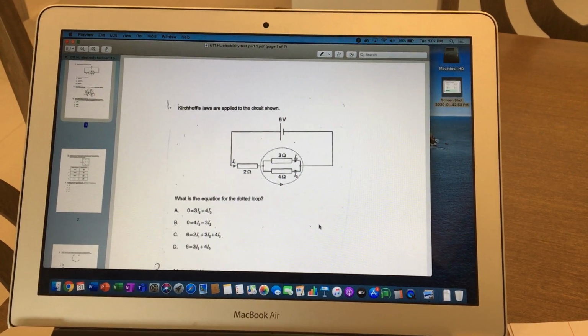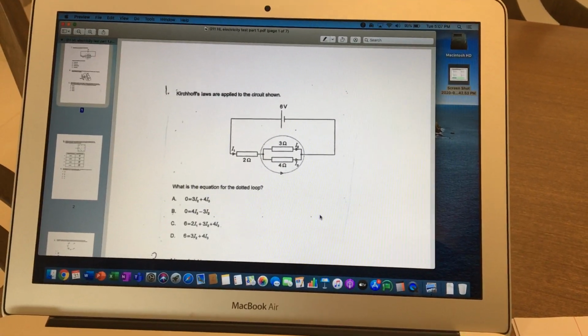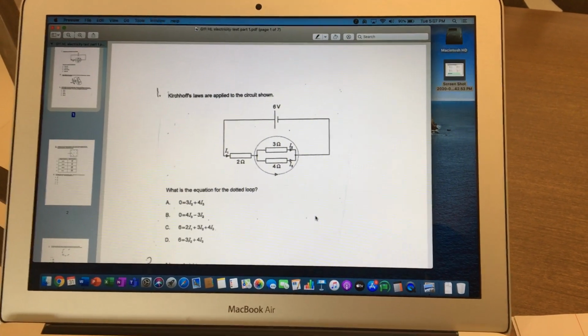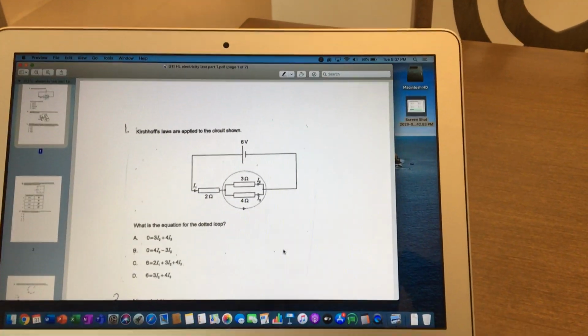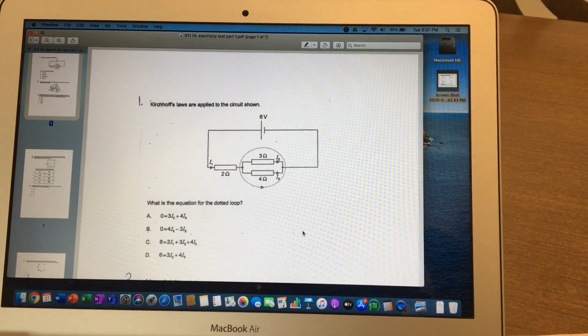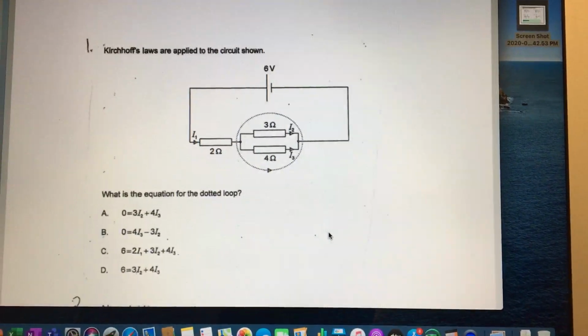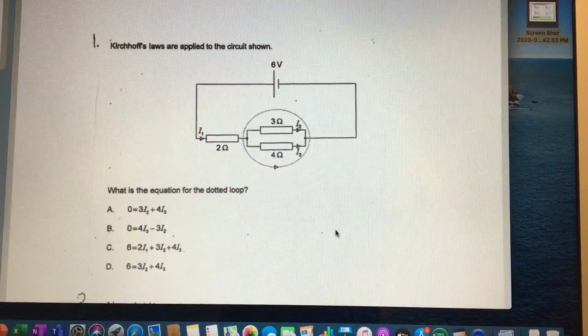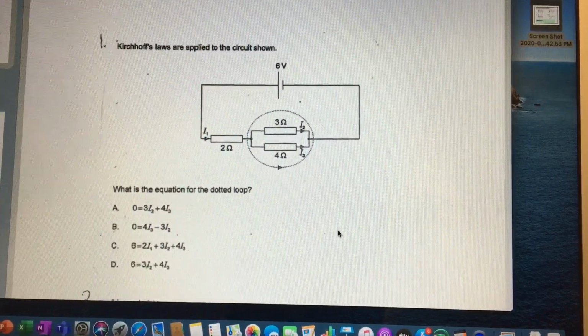Okay, this is the answers to the first part of your test. Not the best quality video because I couldn't work out how to do it, but here on my laptop screen you'll see the question. Here's the first question, using Kirchhoff's laws to find the bit inside the dotted loop, and then I have my